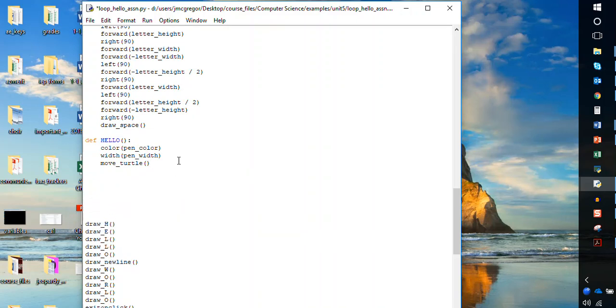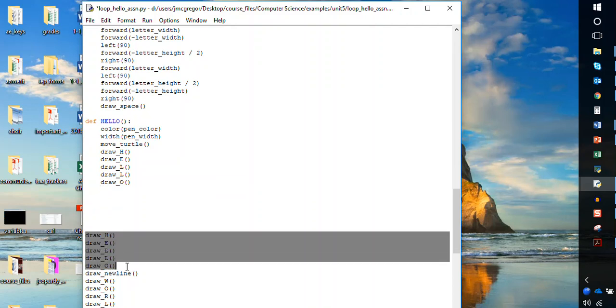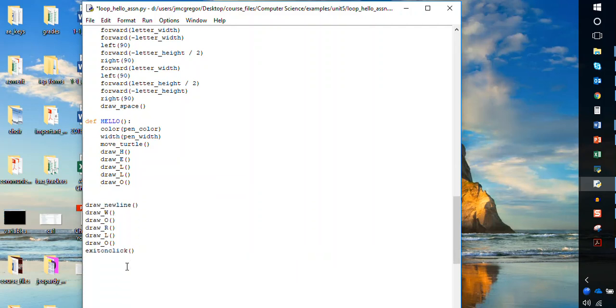I'm going to return here and I'm going to paste all this in. But remember, all of this has got to be indented. So if yours reverse indents like mine, you want to not have that. Get rid of your HELLO. Come on up here. The next thing I want to do